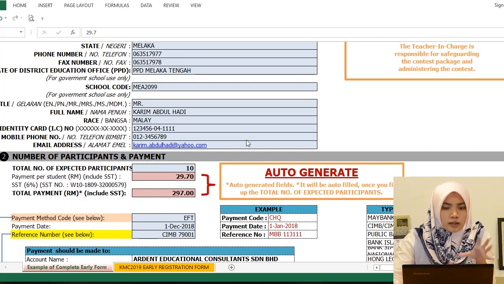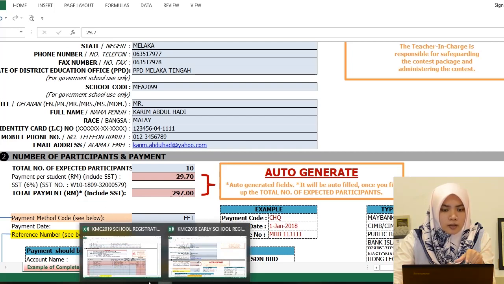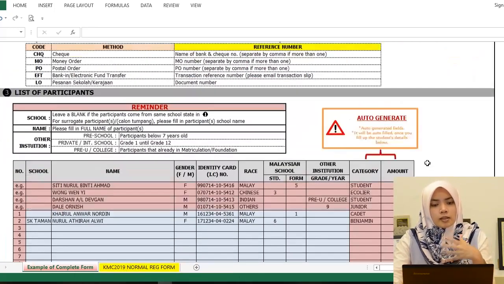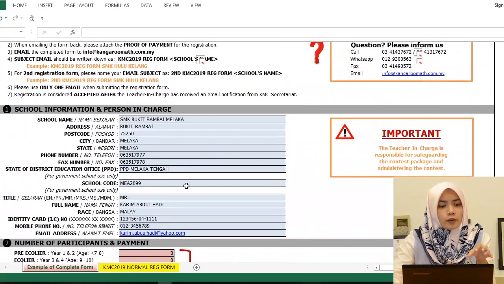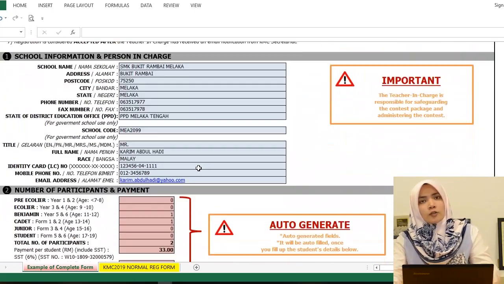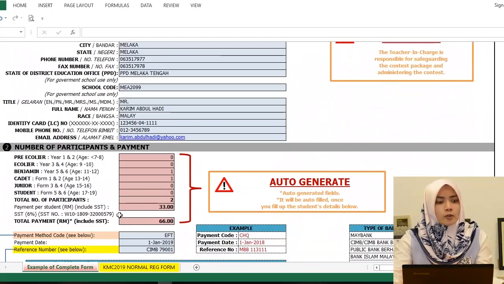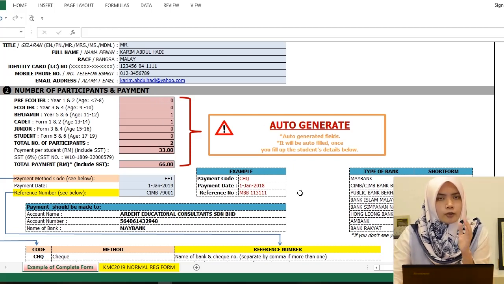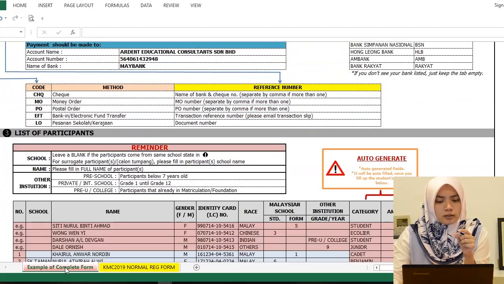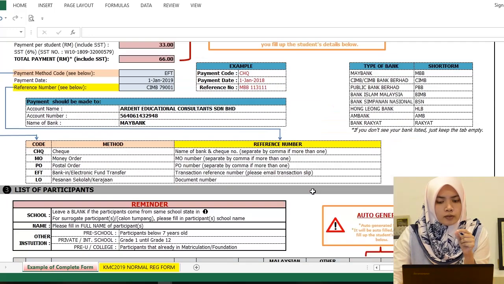Oh wait, this normal registration form is different in the sense that, okay, for number two, these are all red cells right here, and you don't see any blue cells, which means it can be quite confusing, in which you don't know where you should fill out all these numbers for, like how many students do you have for pre-equilibrium, or how many students you have for Benjamin. So you can't fill out that information. For your information, those information can be obtained from here. Okay? So basically, if you fill out the students right here,